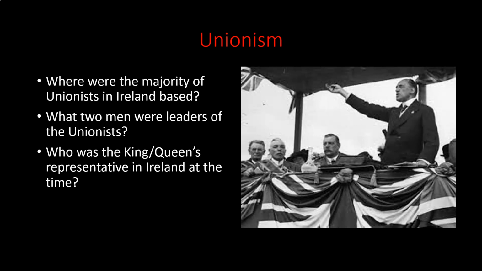The Lord Lieutenant is the King or Queen's representative in Ireland. So within Ireland, there was always someone there to represent the King or Queen in discussions and what was going on. And this person actually lived mainly in Dublin Castle. That's where they resided. Áras an Uachtaráin, the current president's house, was originally built for the Lord Lieutenant as a summer residence. So the Lord Lieutenant was a very important person in terms of unionism and giving legitimacy to unionism because they are representative of the King or Queen.